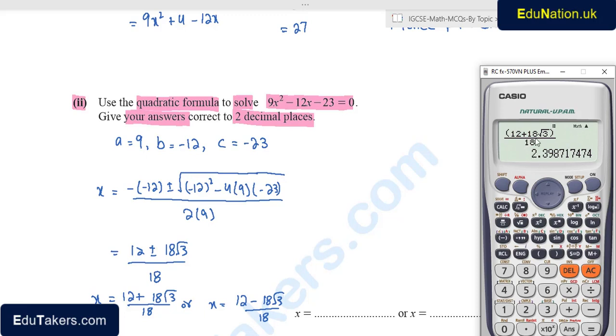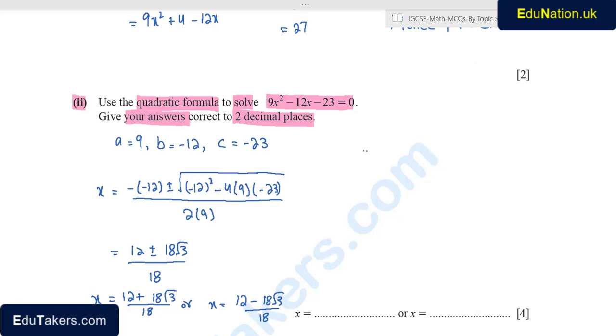So this will be 2.40. x is equal to 2.40, or